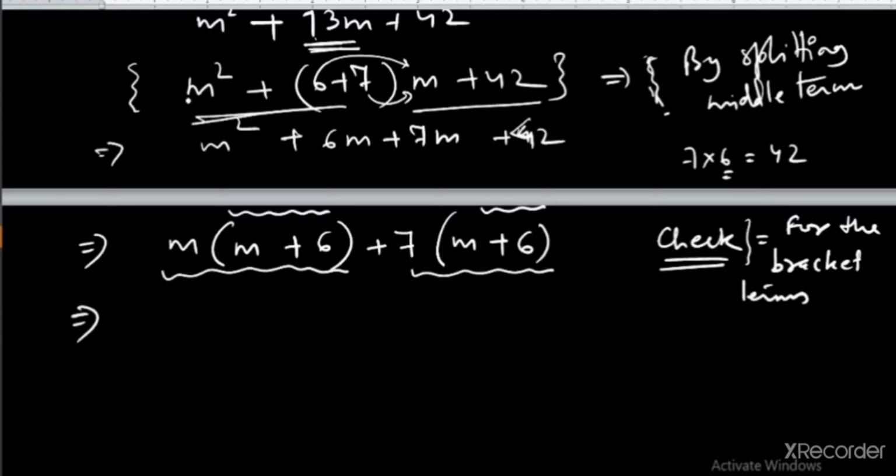यहाँ तक हमने देखा कि हमने क्या किया, पहले कि split कर दिया middle term को. Then we have got 4 terms, 1, 2, 3, 4. फिर हमने इनकी pairing कर ली. We have just made groups out of them. Then we have brought these 4 terms into a reduced form of 2 terms. अब यहाँ पे हमने इसको 2 terms में convert कर दिया by taking out the common.